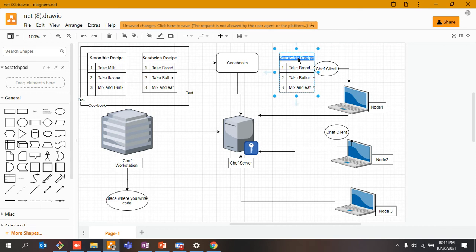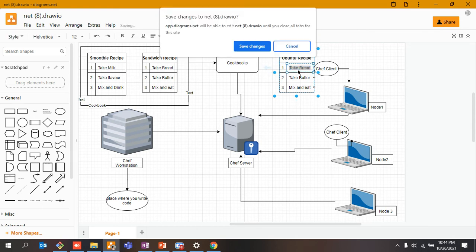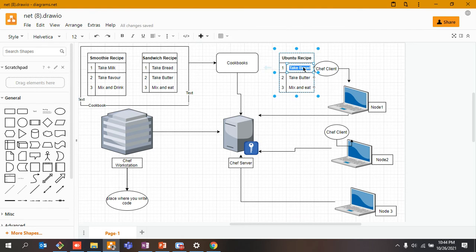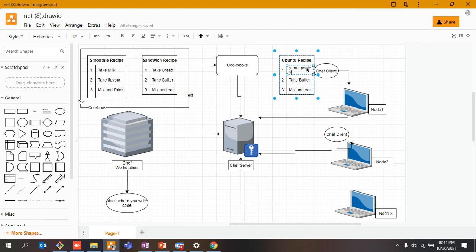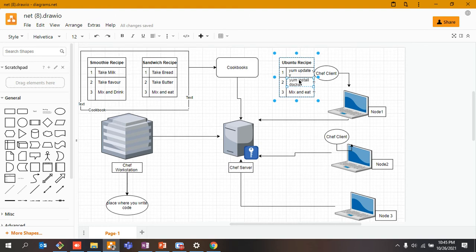So they can be a recipe in order to make you understand Ubuntu recipe. Let's say, just for an example, whenever you configure a Ubuntu system, you first write the very first line of code, as I told you in my last lecture. When we configure an EC2 instance, we update it, right? After that, let's say we install Docker onto it. This is my recipe. I am writing some pieces of code over here.